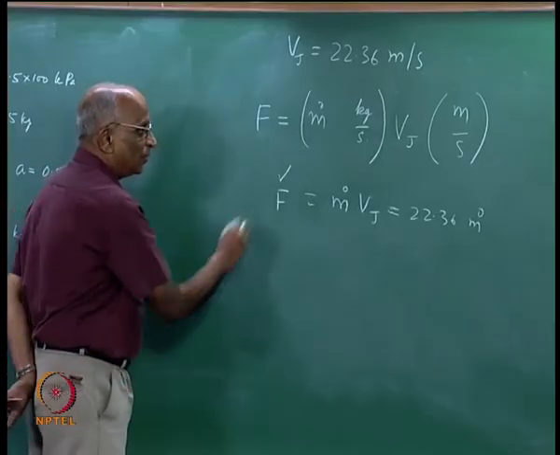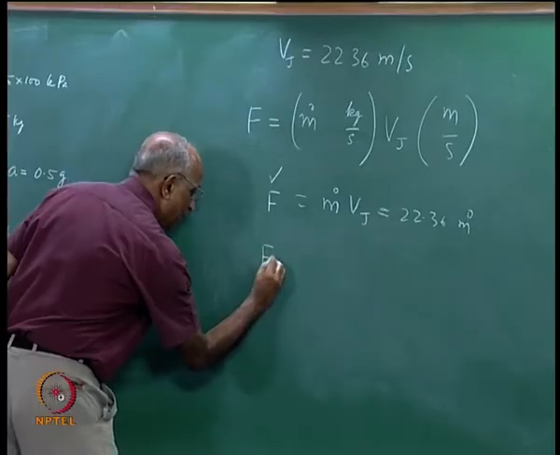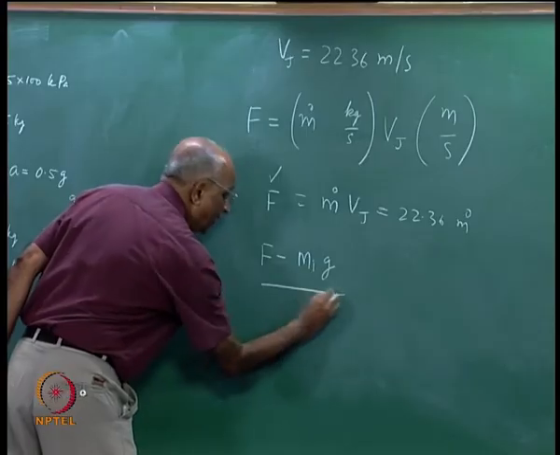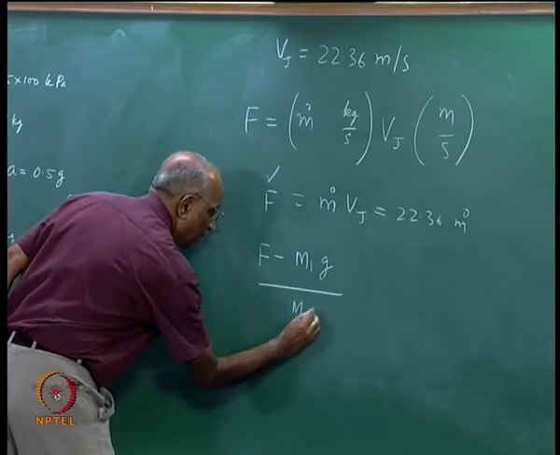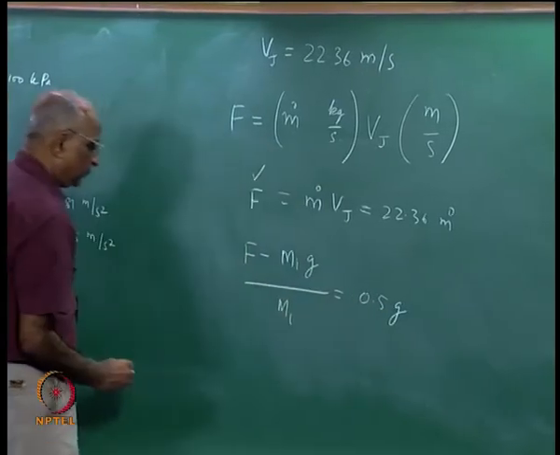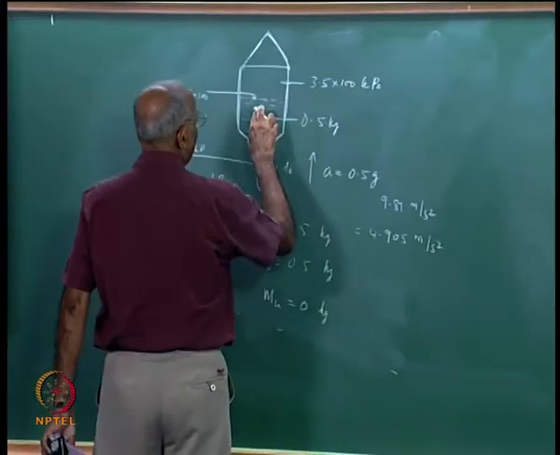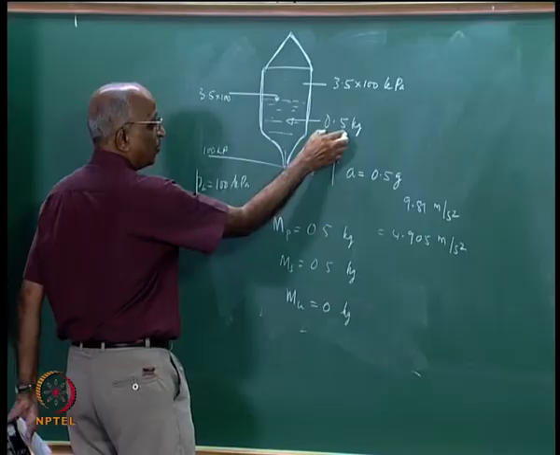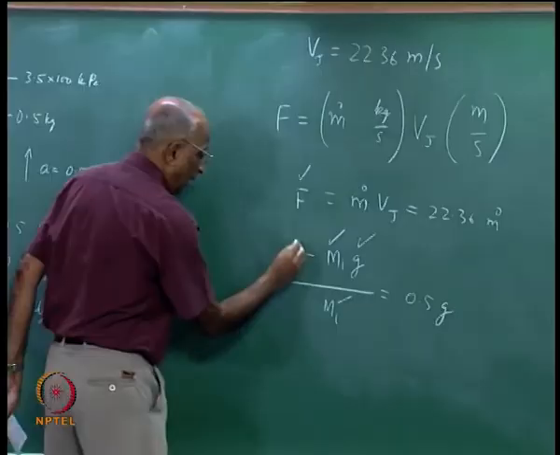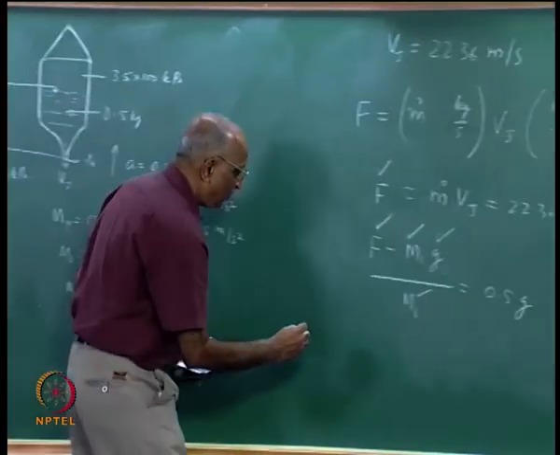Now what is the force? I go back to the equation I wrote here, I get F minus mi g divided by mi is equal to 0.5 g. Here g is 9.81. What is the value of the initial mass of the rocket? 0.5 plus the structural mass 0.5, which is 1. Therefore, I know the value of mi, I know the value of g, I can calculate the value of F. Let us calculate it out. Therefore, F is equal to